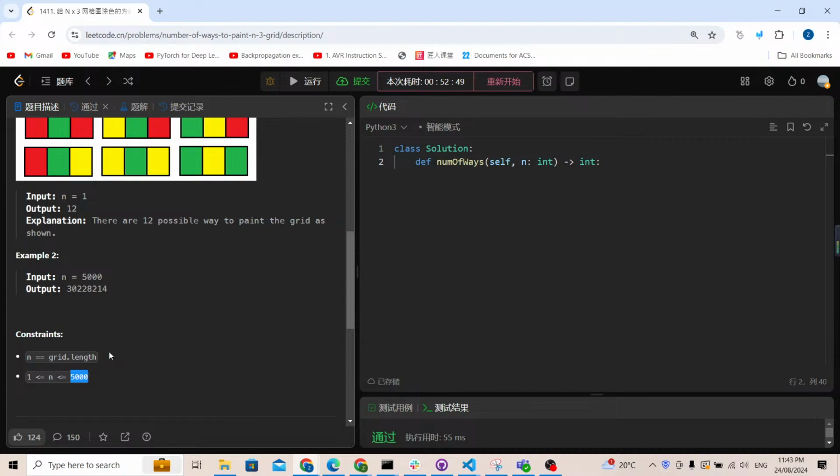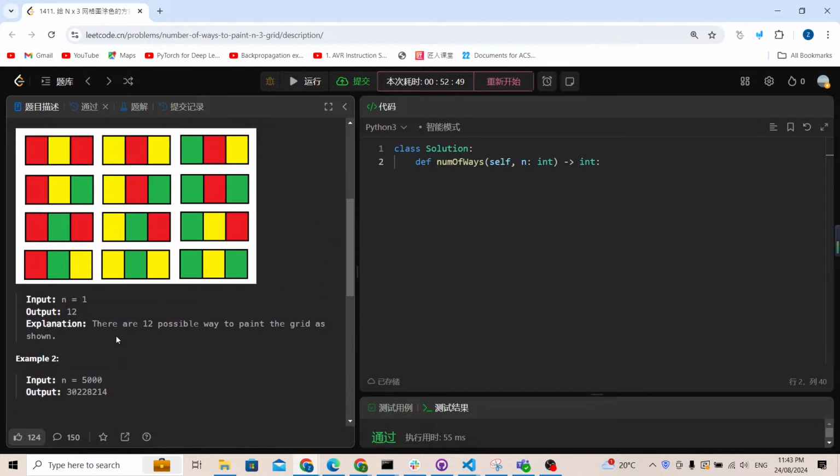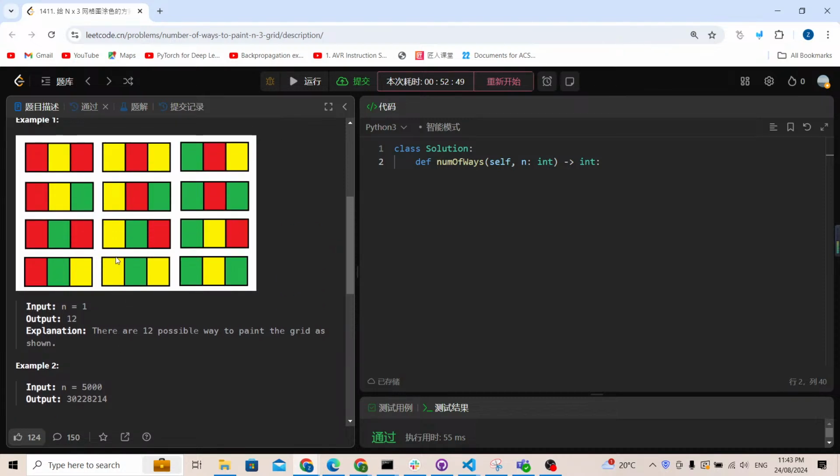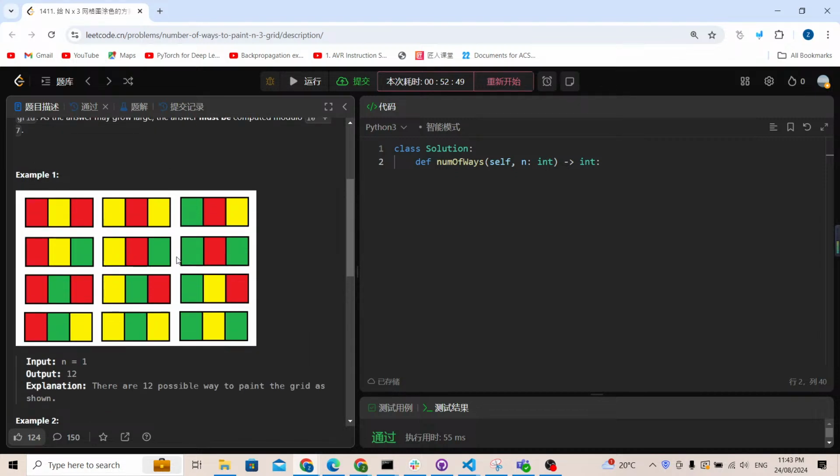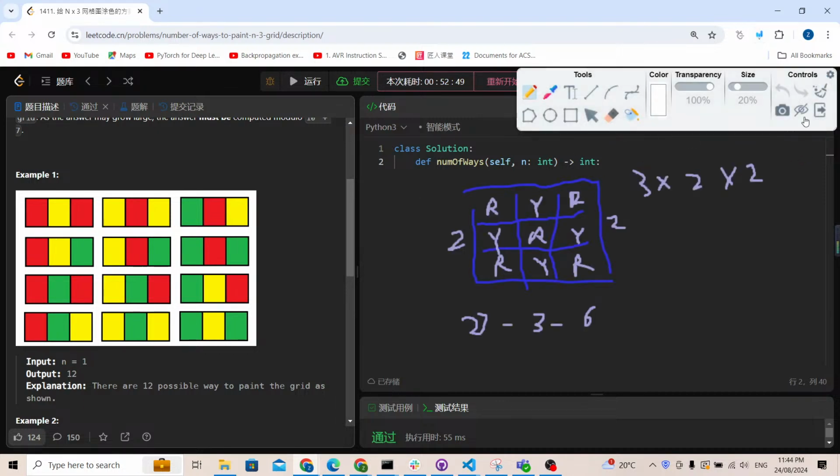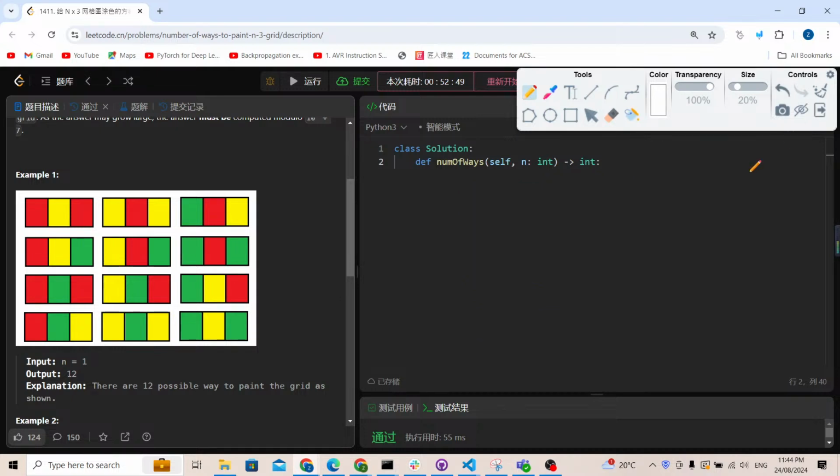If it is 5,000, definitely we cannot use brute force to solve it. Even if we use brute force, it's going to be really difficult. So the idea is that we might use some dynamic programming to solve it. We're going to have 2 different cases for each of the colors. First of all, let me use ABA